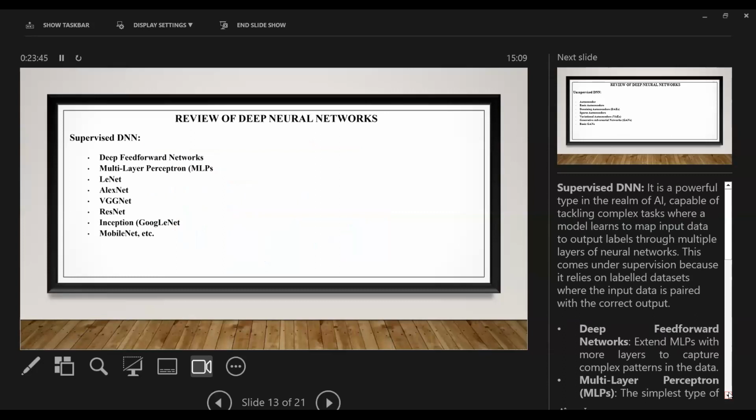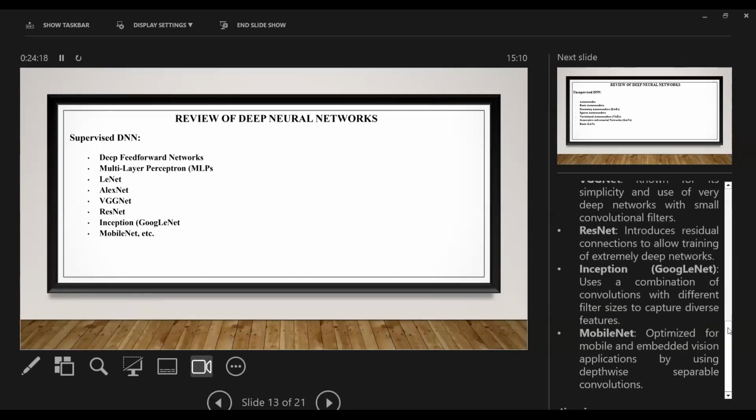Supervised deep neural networks: deep feed-forward networks, multi-layer perceptrons, LeNet, AlexNet, VGGNet, ResNet, Inception, GoogleNet, MobileNet, etc. It's a powerful type in the realm of AI, capable of tackling complex tasks, where a model learns to map input data to output labels through multiple layers of a neural network. This comes under supervision because it relies on labeled data sets where the input data is paired with the correct output.